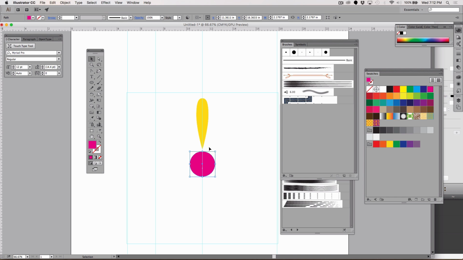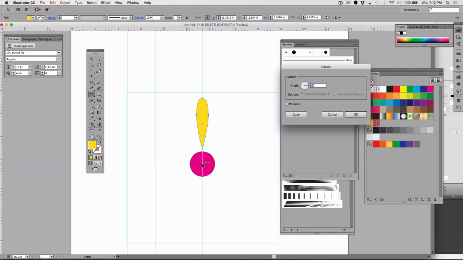And now it would also be helpful to see the other crosshairs here, the other center of this strange little flower. So the center's kind of big, but I think it's going to be okay. So I'm going to select the petal shape and use the rotate tool. With the rotate tool selected and the yellow petal selected, I'm going to press the Option key, or if you're on a PC, the Alt key, and it changes the functionality of the rotate tool. It allows me to click on the spot I want to rotate from, or the origin point, and open up